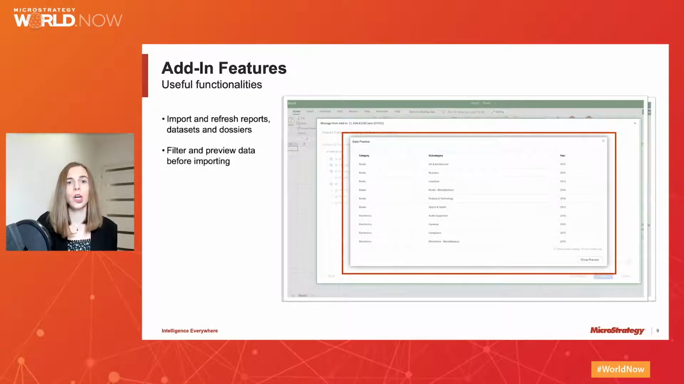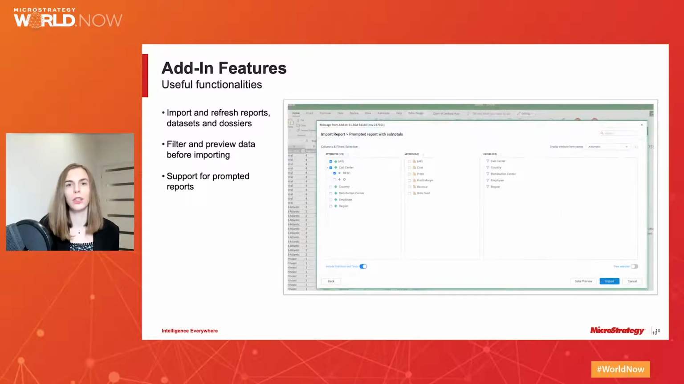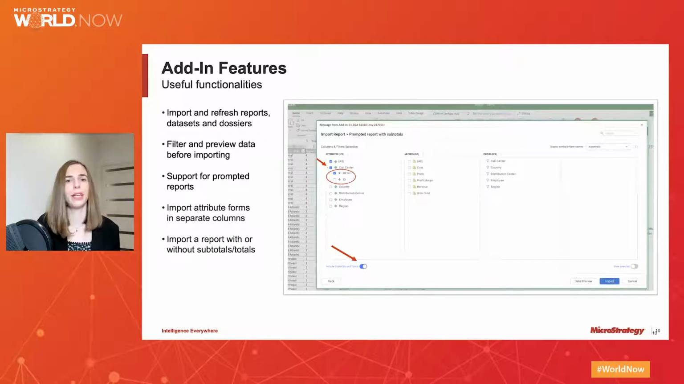There is also support for prompted reports. So you can apply them before import, but it is also possible to edit prompts later. So after clicking on Run, you are on the Prepare Data screen where you can select relevant attributes, metrics, and filters. But it is also possible to choose attribute forms and decide whether you prefer importing report with or without